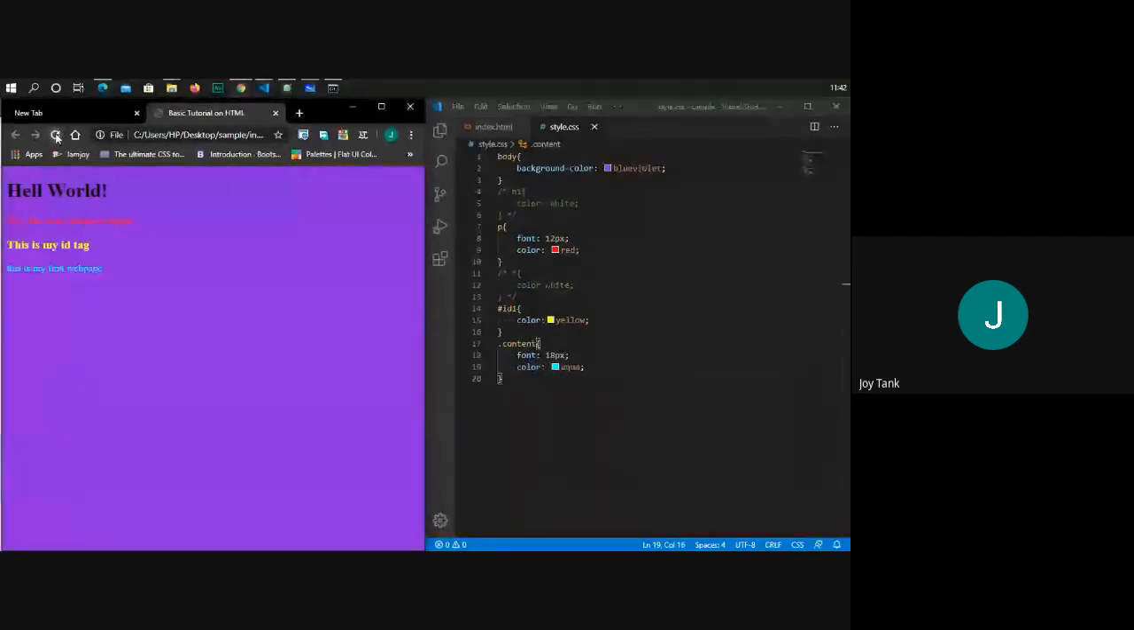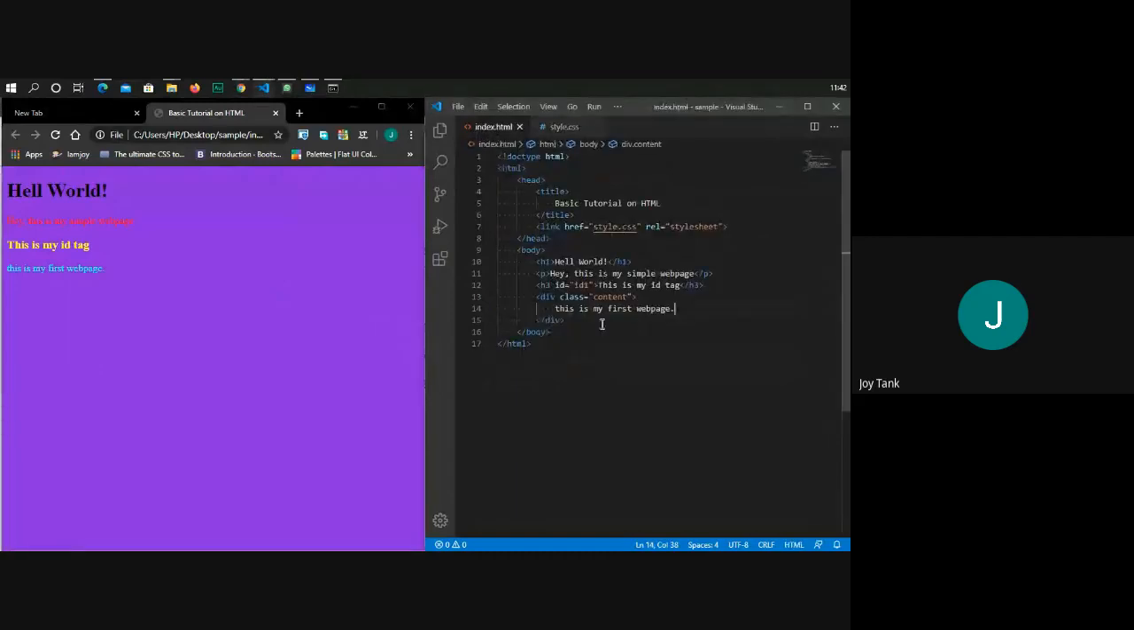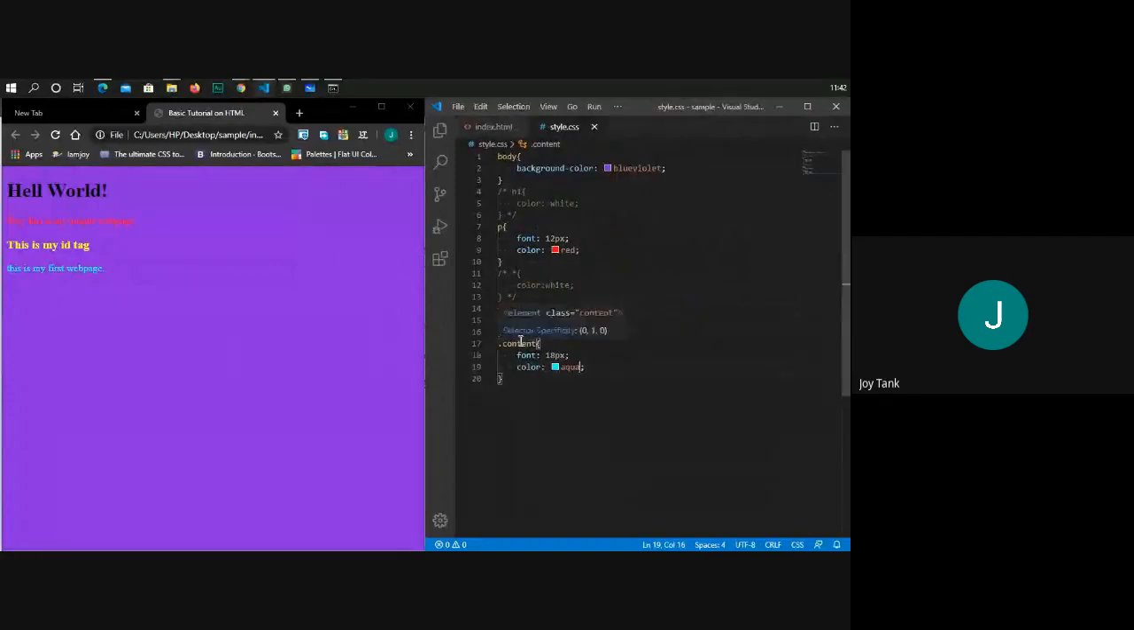So now you can see that this div container is wrapped with certain text. This is my first web page, and I've used my class content, and I have included content within the HTML file with the help of the class selector, and you can see that my web page is displaying that. Okay,